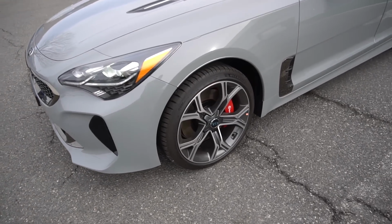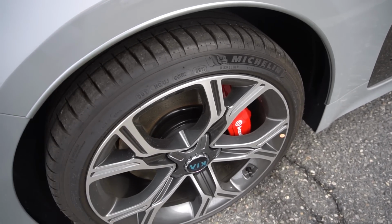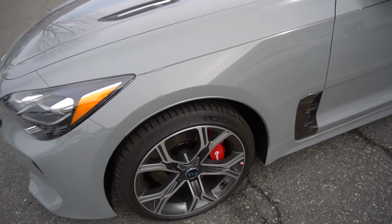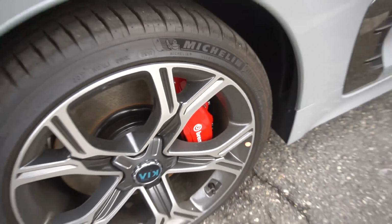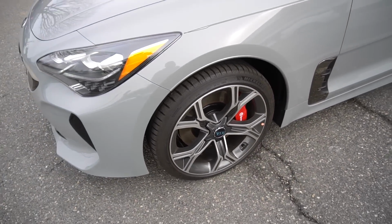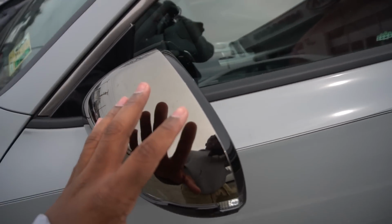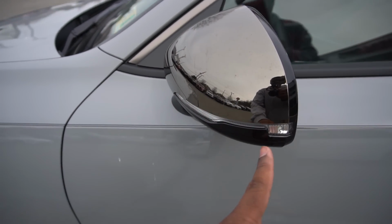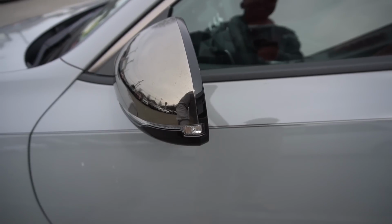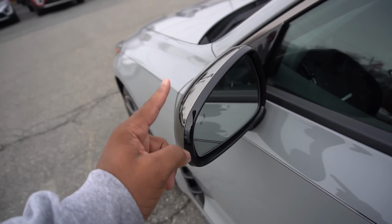Anyways, coming around the side, the Stinger has 19-inch alloy wheels wrapped around Michelin Pilot Sports. I really like the design of these wheels, and of course you have Brembo brakes, especially since this is the GT2 package. So let's come along the side, and right here you have more of that black chrome on the mirrors with LED turn signal indicators on the sides, and they're also power folding, auto dimming, and heated,